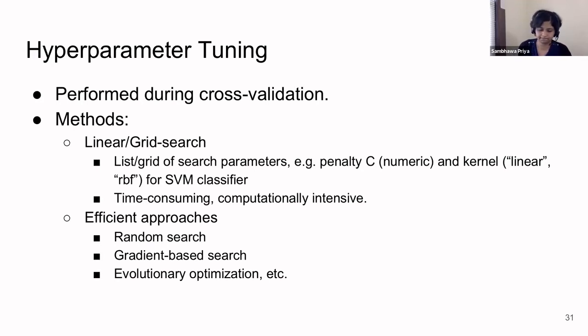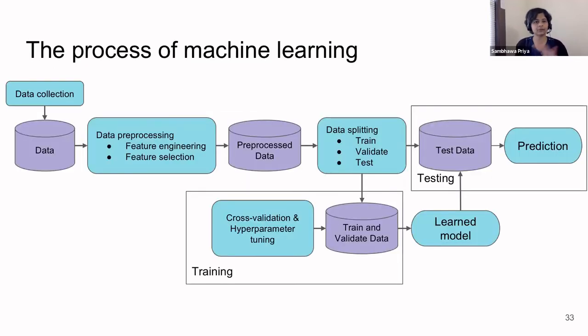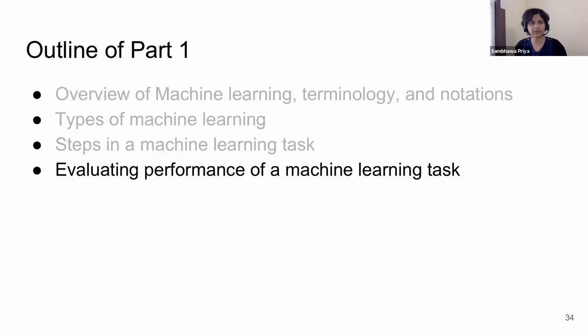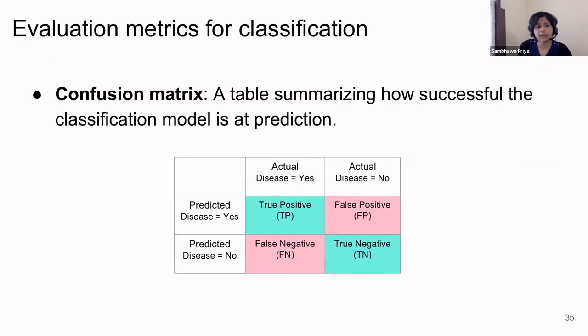Okay, cool. All right, so we covered the process of machine learning. So now let's look at some of the ways we can evaluate the performance of a machine learning task. And here, given our limited time and the type of problems you want to look at, we want to do evaluation for classification problems, right? One of the typical ways to look at that is the confusion matrix, which is